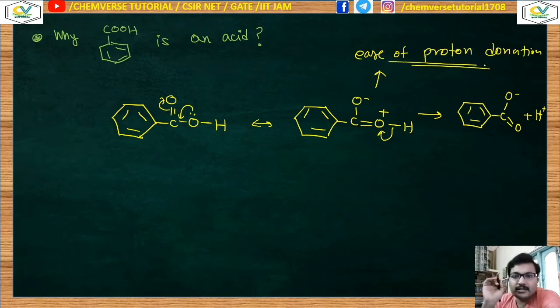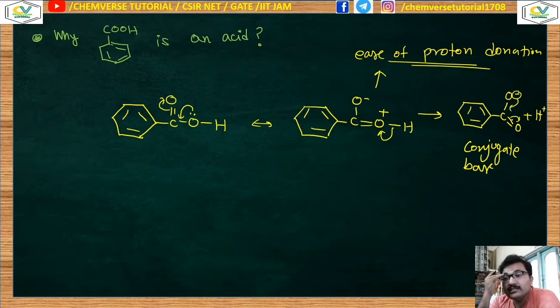Another point that is very effective to determine the acidic strength of the molecule is the conjugate base. When proton abstraction takes place, the rest of the molecule is called the conjugate base. Now this conjugate base is extremely stable because of the resonating structure. So it can form this kind of resonating structure. This is an extremely stable structure, and that is why the conjugate base is stabilized. Because the conjugate base is stabilized, the corresponding acid will have higher acidic strength.